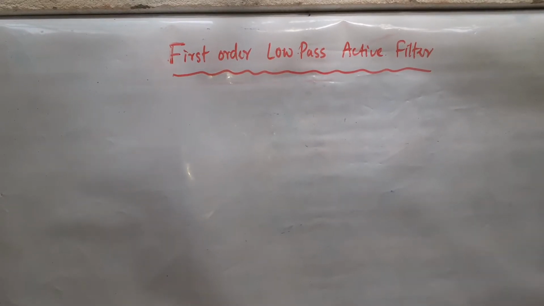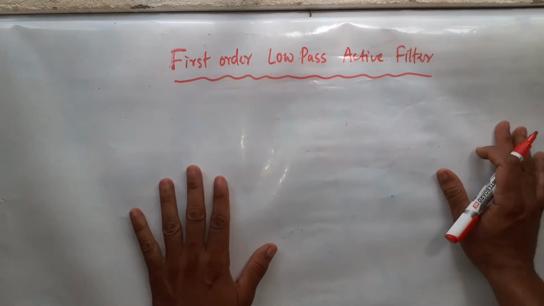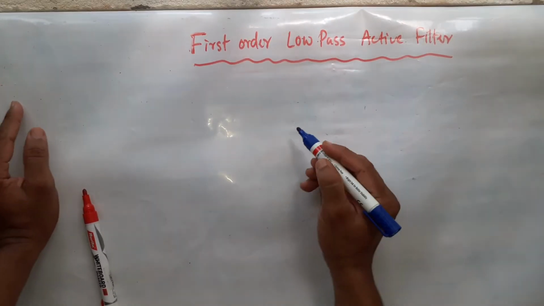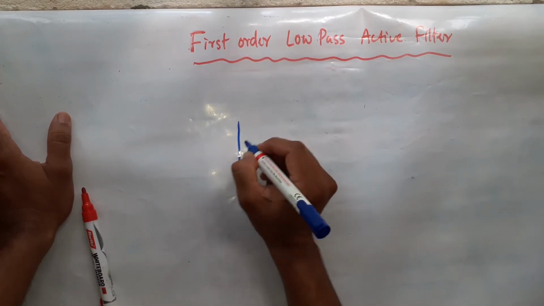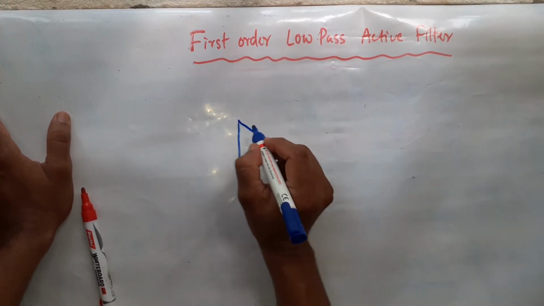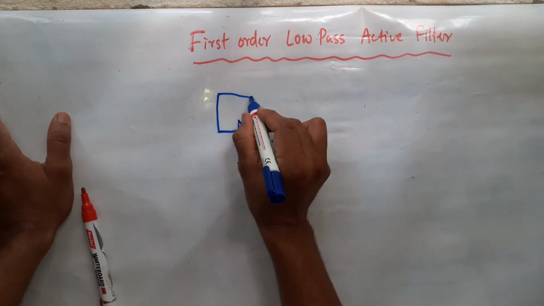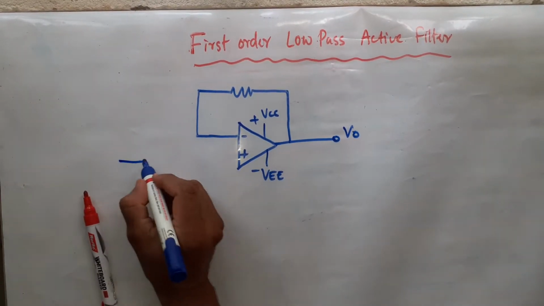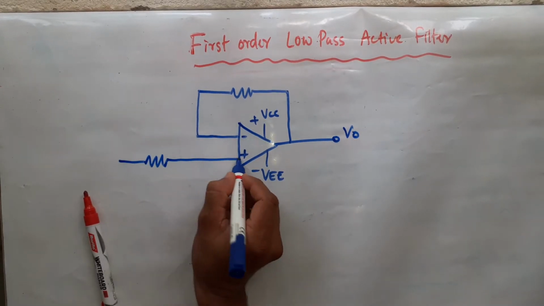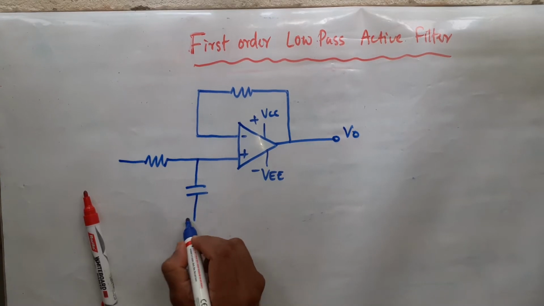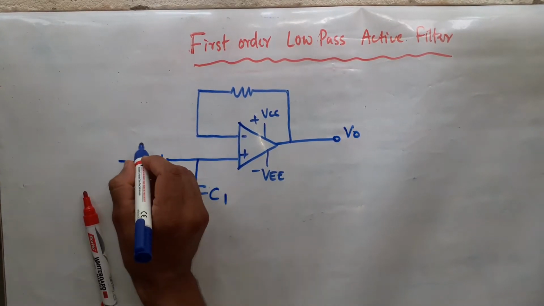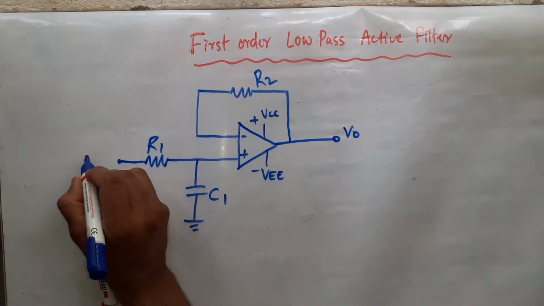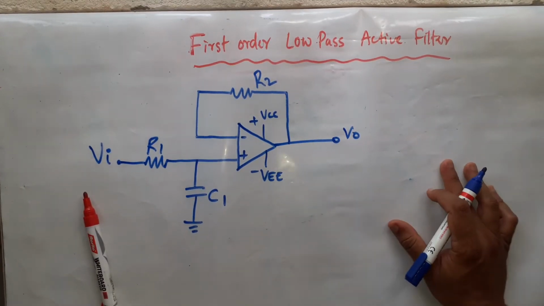Let us see first order low pass active filter today. Let me draw the circuit diagram first. This is your circuit diagram